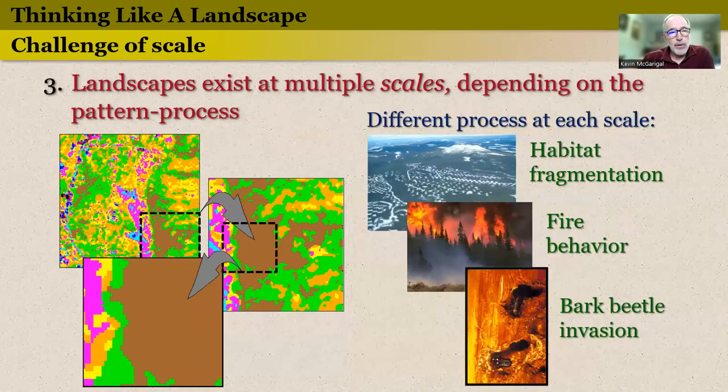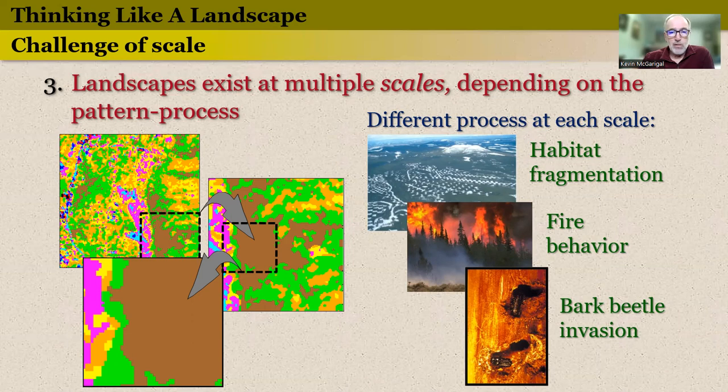The third major point, and this derives from the previous 2 points, is that landscapes exist at multiple scales, depending upon the pattern and process under consideration. And there may be different processes operating at each scale. So for example, if we are interested in vegetation patterns on the landscape at fairly broad scales, we might be